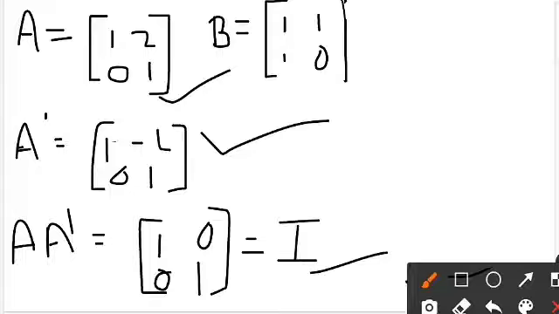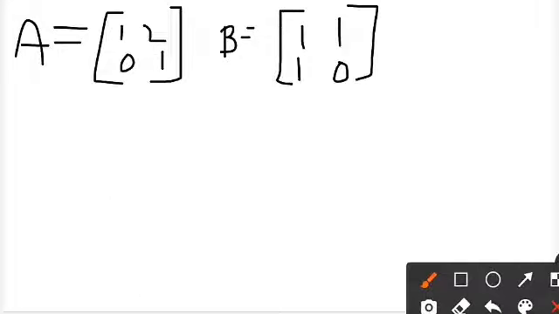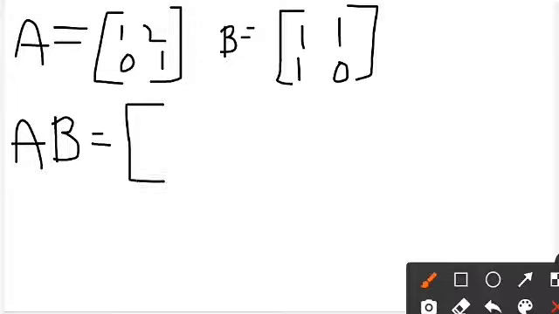Now let's check whether it is an abelian group or not. To check whether the given group is abelian or non-abelian, we need to check whether the elements of the group commute or not. So we have taken the two elements, say [1, 2; 0, 1] and [1, 1; 1, 0]. Now we will check whether they satisfy the commutative property or not. For that, first of all, we will check the multiplication AB, and this will give us 3.